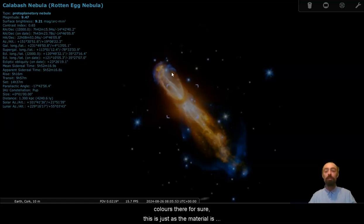This is just as the material's getting shot out. You haven't gotten that full circular ring yet. You're really seeing the material as directed by the magnetic field and the motion of the star, the motion that the star still has. So this kind of thing, it only lasts for a few tens of thousands of years,